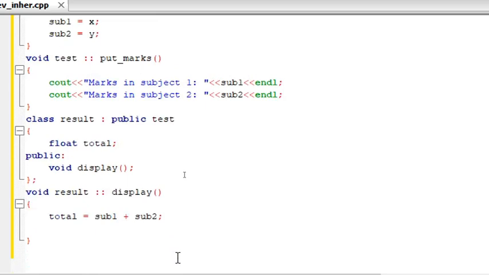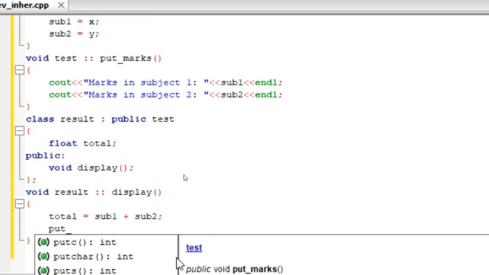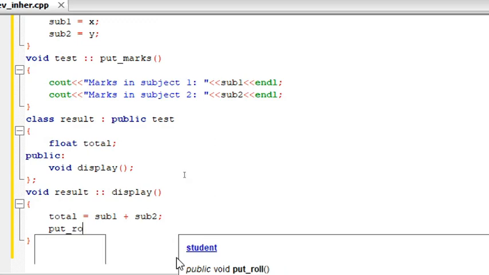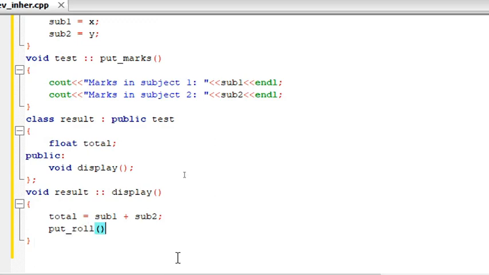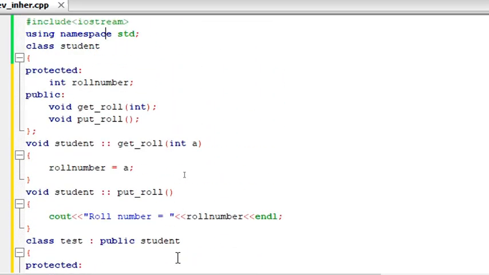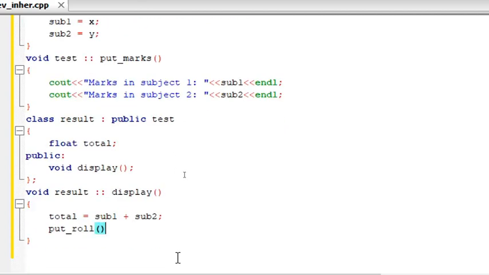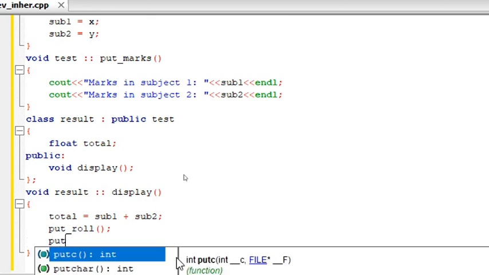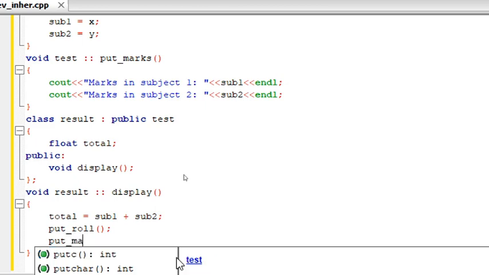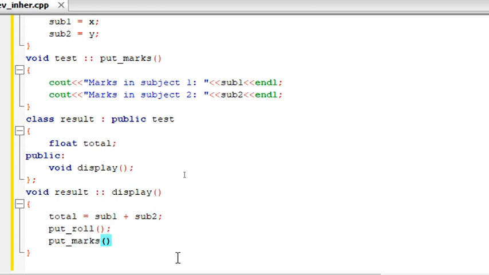Let me call that here. put_roll. Is that my function name? Let me check again. Yeah, put_roll. That's my function name. I'm calling a base class's function inside a derived class. The same way, let me call the derived class's function also. I'm sorry, the intermediate class's function also.